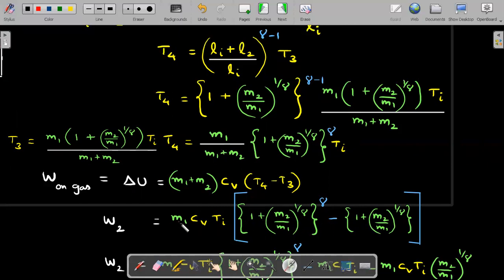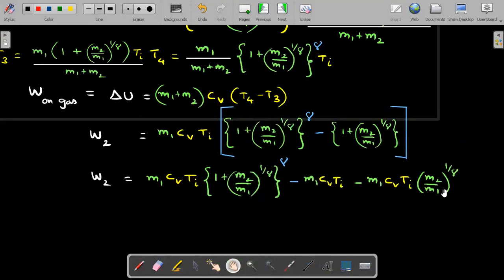While subtracting, I'll take M1 CV Ti common. The reason is very simple. You have M1 plus M2 into CV, so into T4. So M1 plus M2 into T4, you can see this cross product here and this cross product here. You can have that common. So both the terms have M1 common at the top and also CV and also Ti. I could take that. So only things that get subtracted are these inside brackets. So that's what I wrote. And again, taking the inspiration from the first step, I'll write the terms separately so that if there are any cancellations, I'll be able to add all the works.